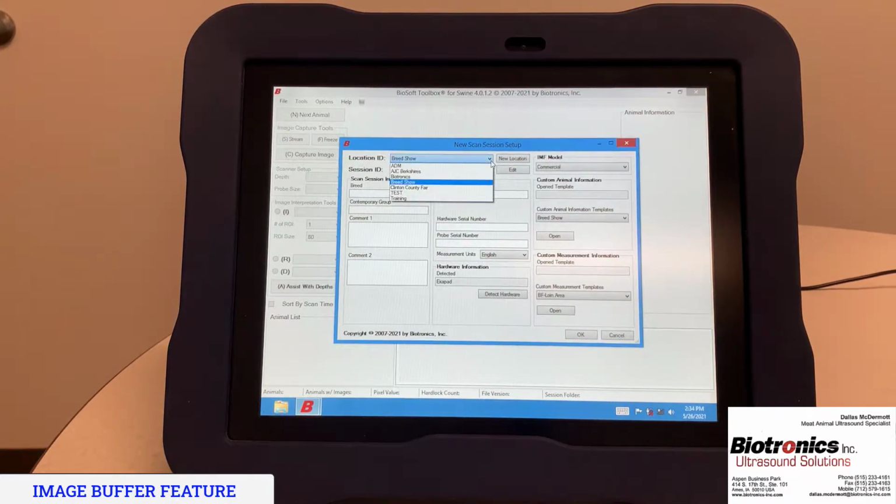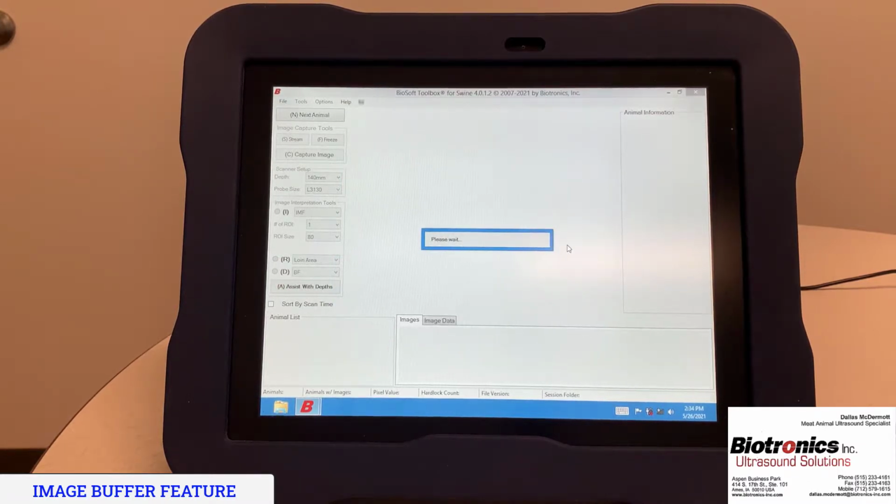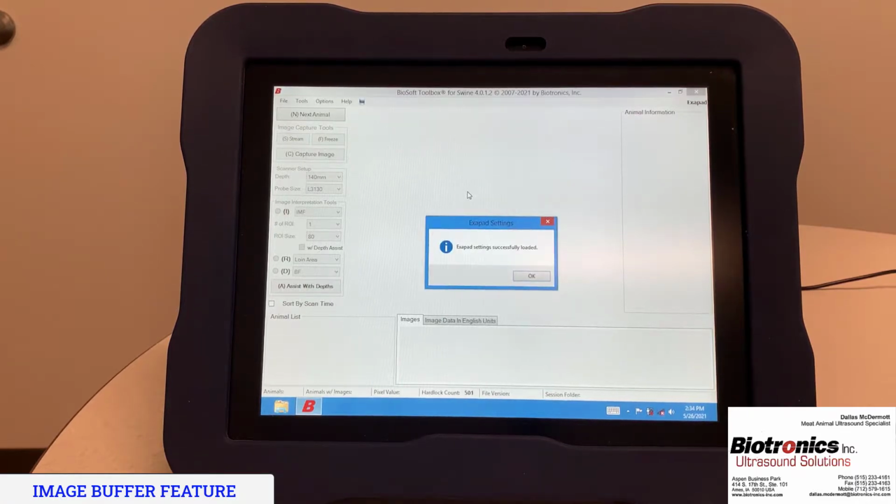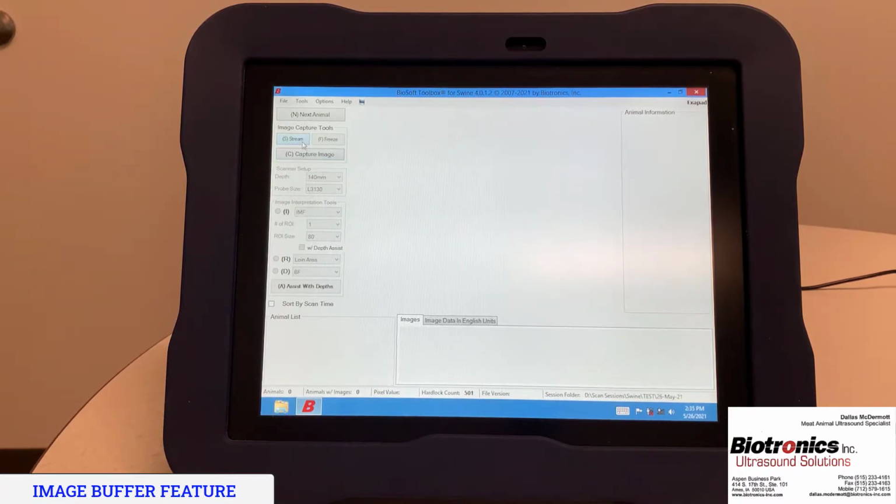So there we've got the new scan session set up, and we're just going to select test as where we're going to write this file. The date is the default, the 26th of May on this particular one. And this one we are going to open up a couple of templates that I've previously made on another occasion, and again we're going to wait until all the ultrasound settings are loaded properly, and the software will tell us when that process is completed. It is, and we just click OK when this dialog pops up,